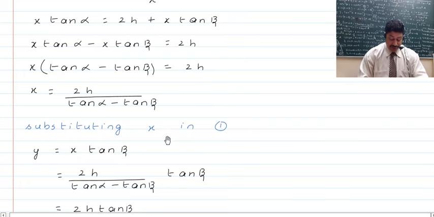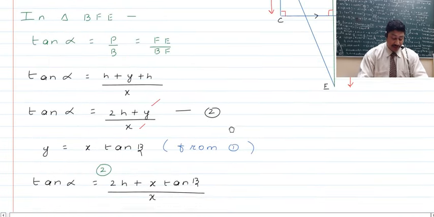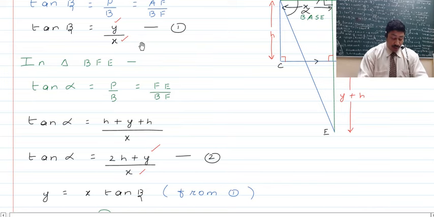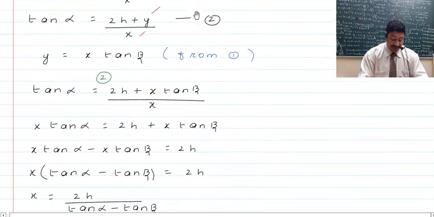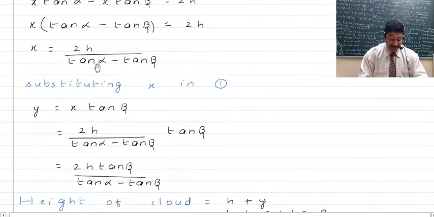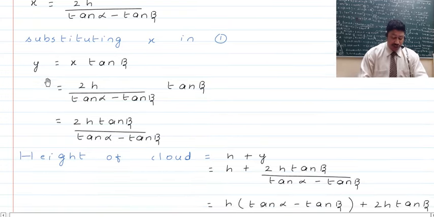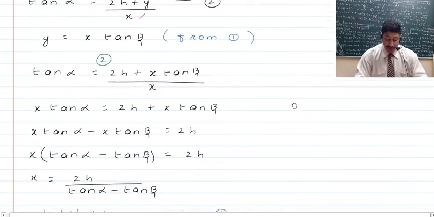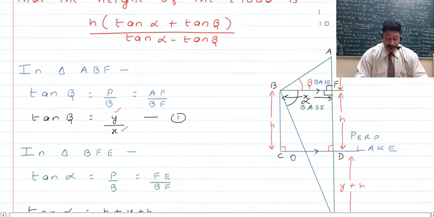Now substituting this value of x in the first equation, where we got y to be equal to x tan beta, right, can be substituted. So we have y is equal to x tan beta. We keep this value of x that we've just calculated, that is 2h upon tan alpha minus tan beta multiplied by tan beta. So it becomes equal to 2h tan beta divided by tan alpha minus tan beta, which is the value of y. Now as we've got to calculate the value of the cloud, right, the height of the cloud